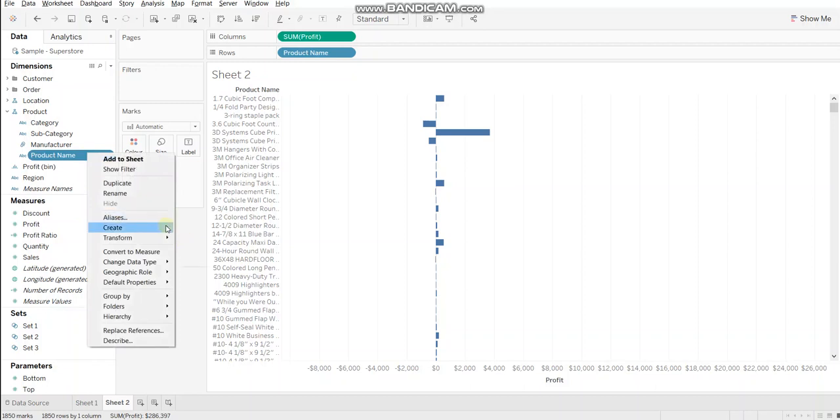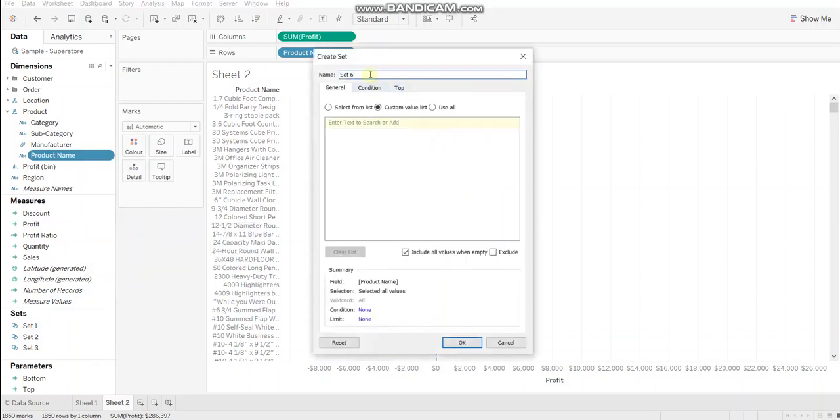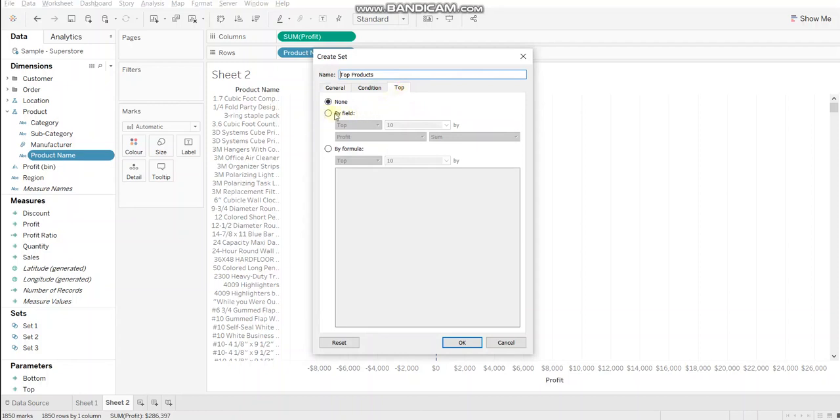Go to product name, right click, create set. Let's name this as top products. Now go to the third tab, which is top, and select the second option which says by field. So this allows you to create a formula for top or bottom n. From this drop down you can select either top or bottom. For this case we are using top, and here you can type in the values or you can use a parameter. Since we are hard coding the values, let's say we want to display top 7 values by